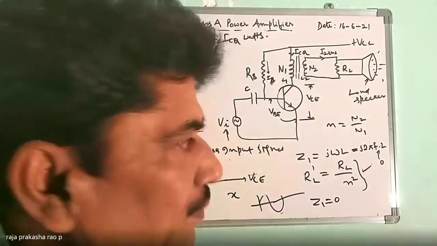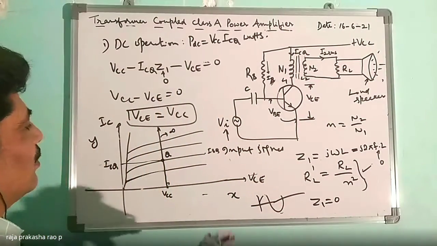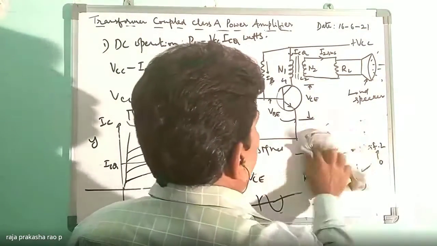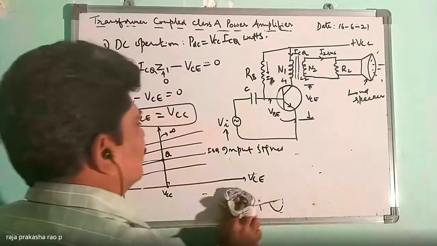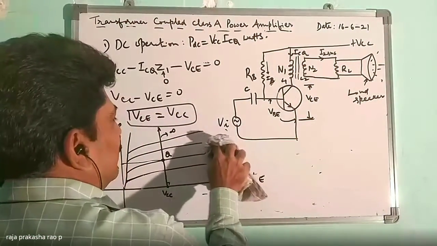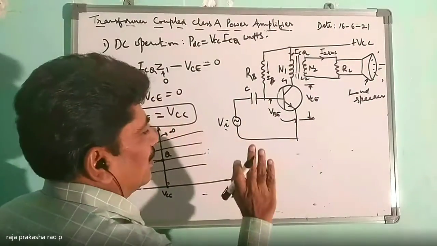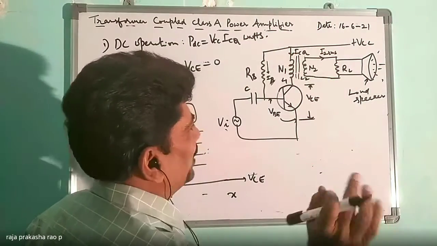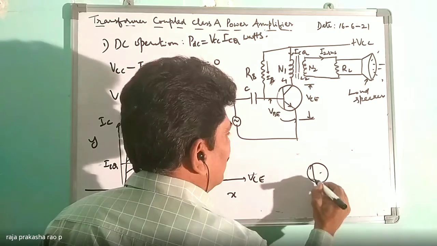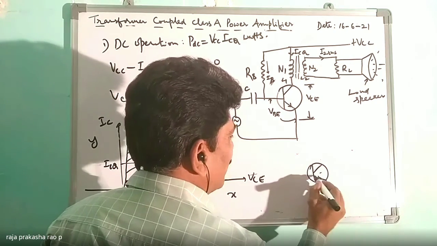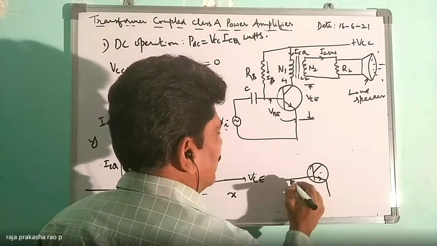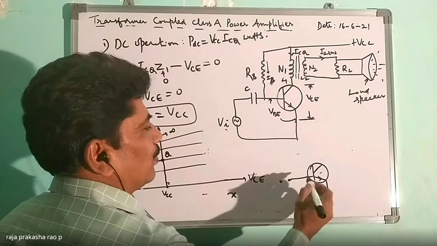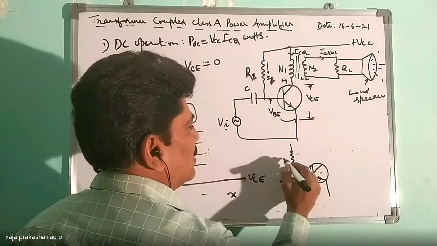This is about the DC operation. Now the DC operation is over. In the examination, for the DC operation, you take the same circuit and replace the primary by a short circuit. For DC operation, the circuit should be like this. There j omega L is infinite, so it is open. This is RB.